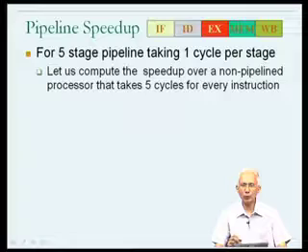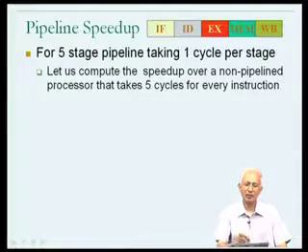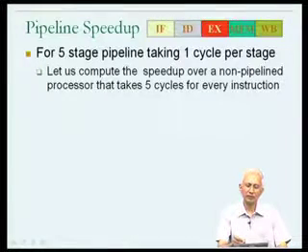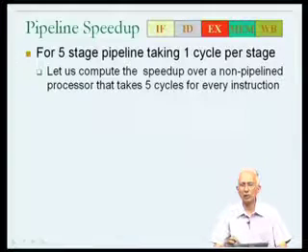Now I know that I could build a non-pipeline processor which takes 5 cycles for some instructions, 4 cycles for others, and 3 cycles for yet others, but I'll compute the speedup in terms of a processor which takes 5 cycles for every instruction. The reason is, it will be a little difficult to talk about the number of cycles that it takes for an instruction in the absence of the program. If I have a program which contains only jump register instructions, then very clearly every instruction takes 3 cycles in the non-pipelined version. So this is just an assumption to allow us to talk in terms of programs in general